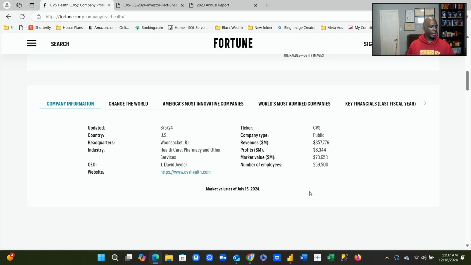The number of employees jumps out here at me. This other information we're going to be able to see a little later on as we look at the annual report, where we'll talk about where you can potentially grab that information from. But when I look at the number of employees, and it says 259,500, that number jumps out at me because that's information they've got on their company information, so that must be important information for them as well. And basically where I'm going with that is when you move into the database,